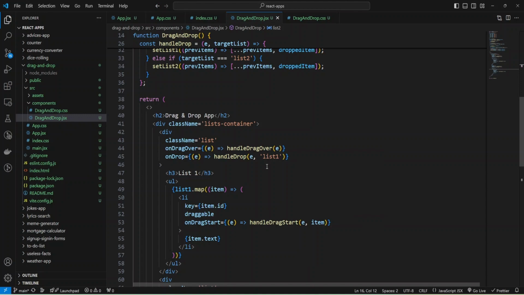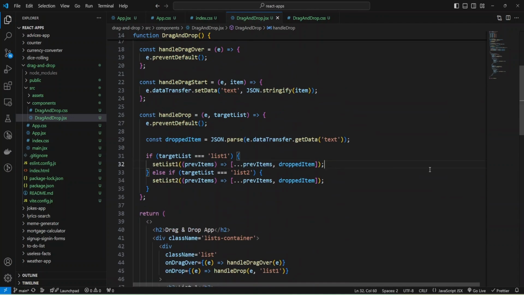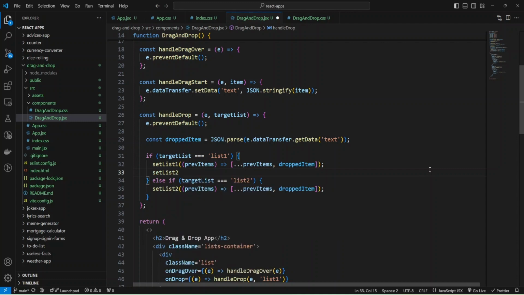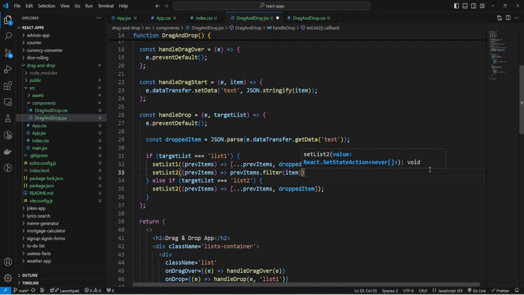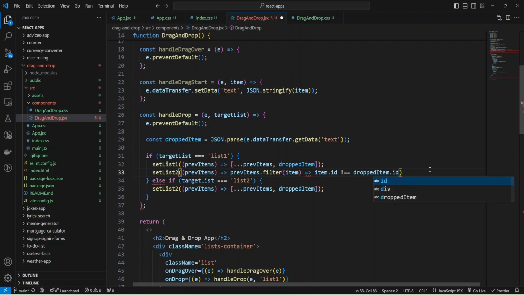And for that, I'm going to write function, use my set list 2 function, and just apply filter. Also, I'm going to use previous items and just use filter. Previous items, it's an array, so we can use filter to iterate through elements, and I'm going to add for each item, check if item id not equals to dropped item id.